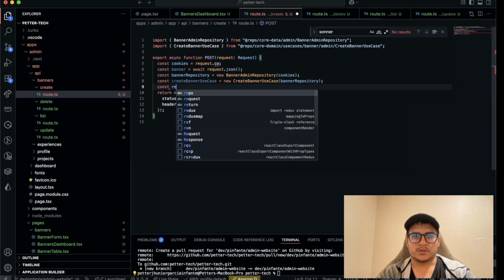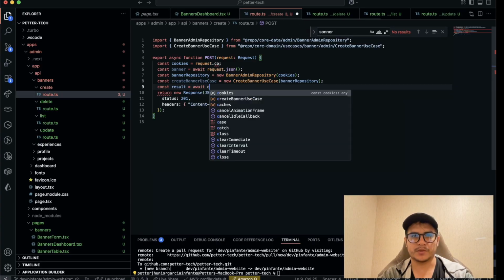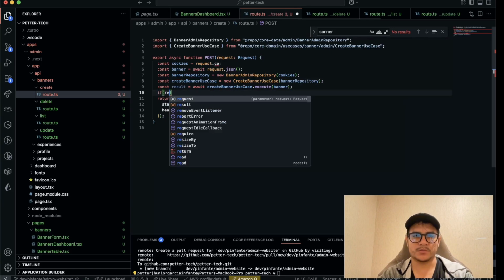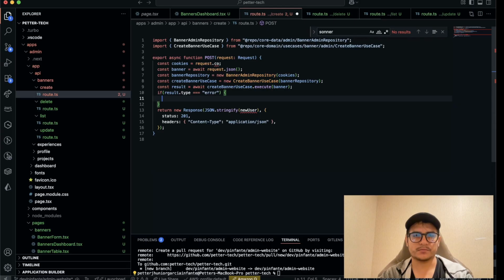Const result equal to await create banner use case execute banner. If result type is equal to error, we are returning an error